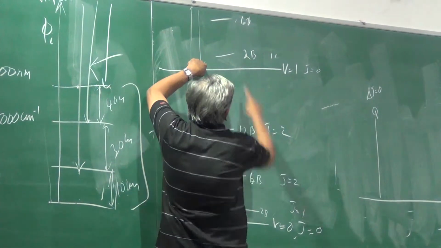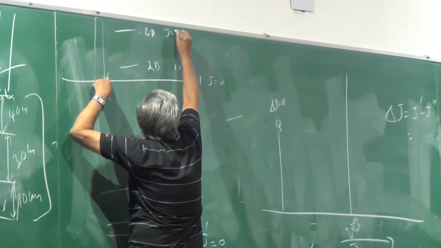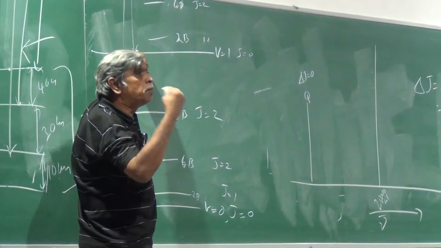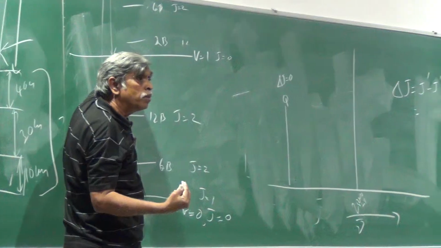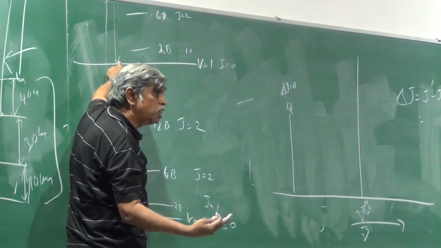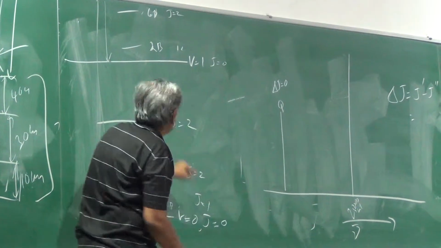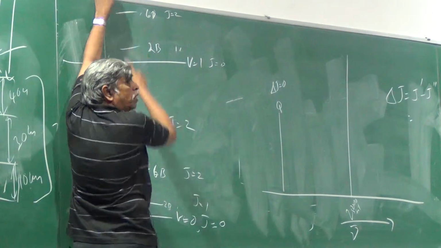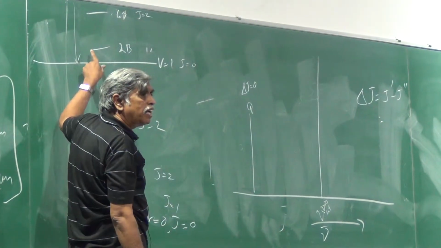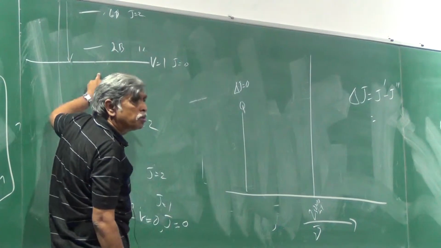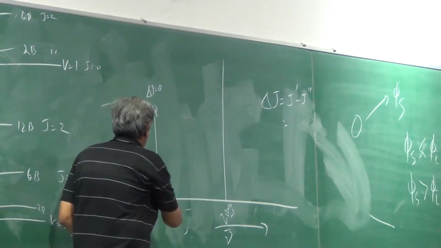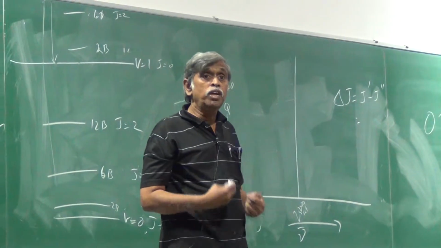But if I take this molecule and leave it in this state, which is J equals 2, I am therefore making a transition from J0 to J equals 2, and therefore trying to see where the S branch is coming, you will see the scattered photon producing an S branch must necessarily have an energy that is less than what I am seeing for this. So if that was this much, this one was going this much. And what is the frequency difference going to be between this and this? The scattered radiation that I am now going to see is going to be this much. And how much is that? 6B. So 6B away to lower energies,